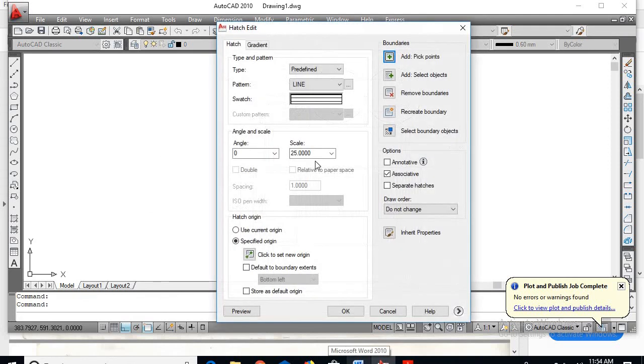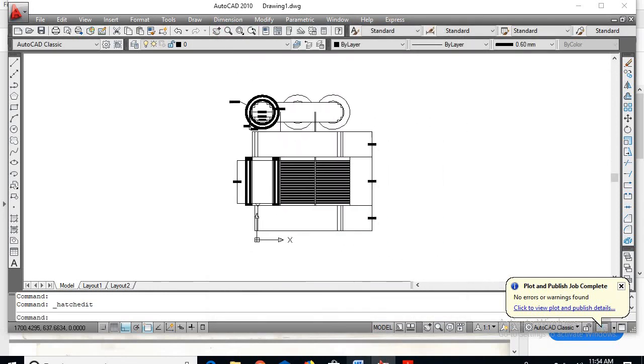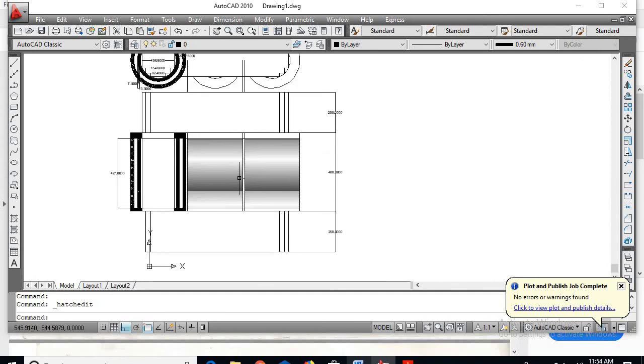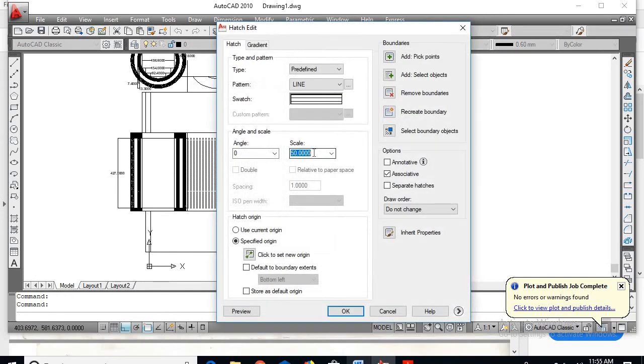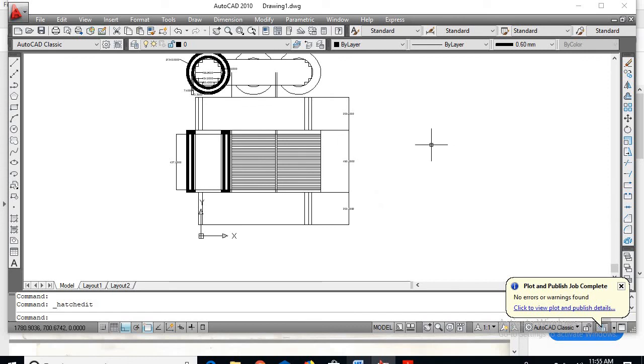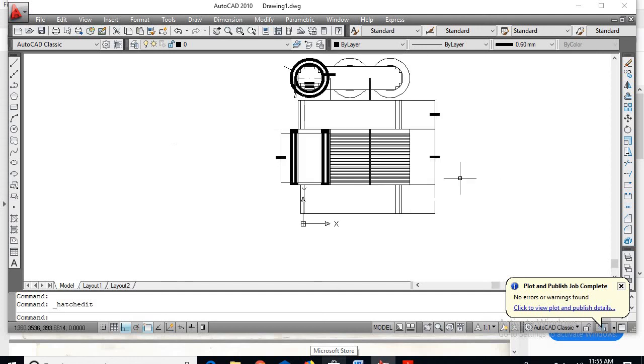Still, if you want, we can reduce the thickness of the scale. So still, if you want to reduce, go for 100. So okay. Okay, so like this, you can save the picture. So this completes your diagram.